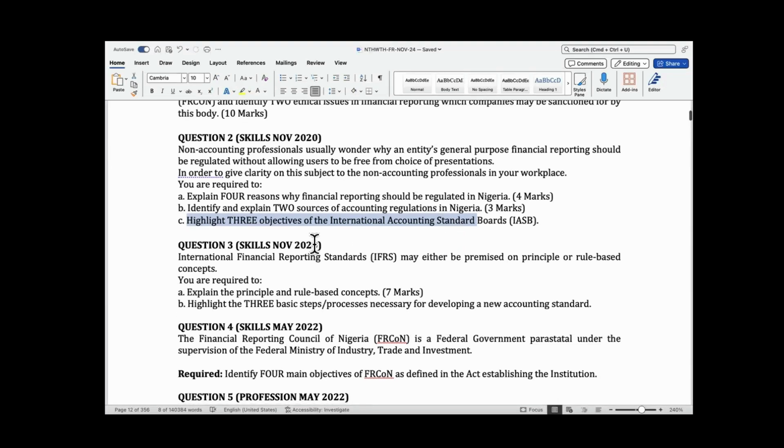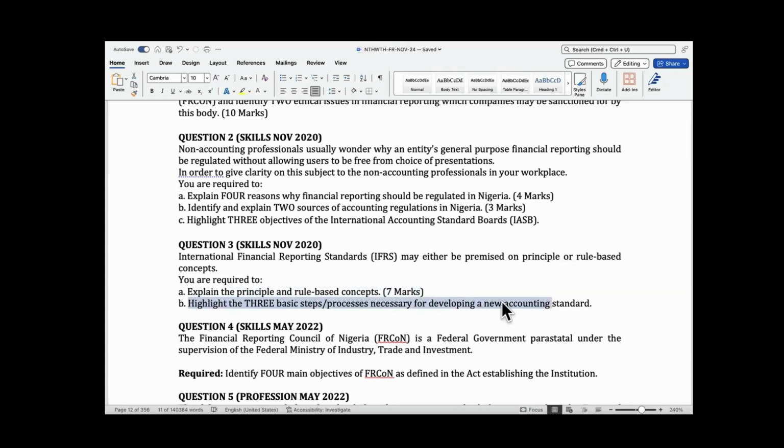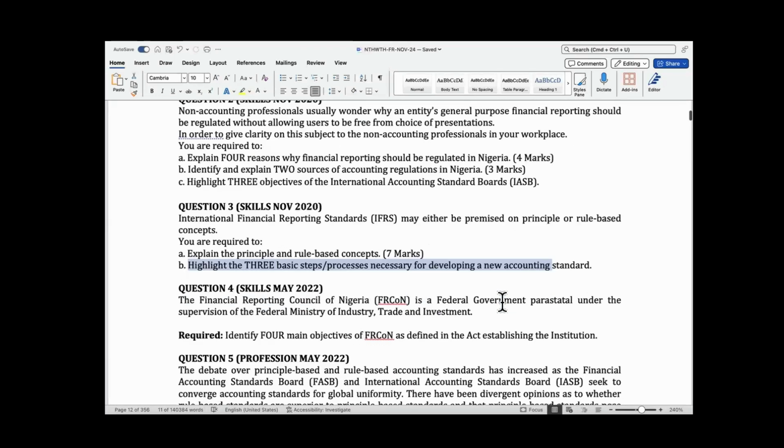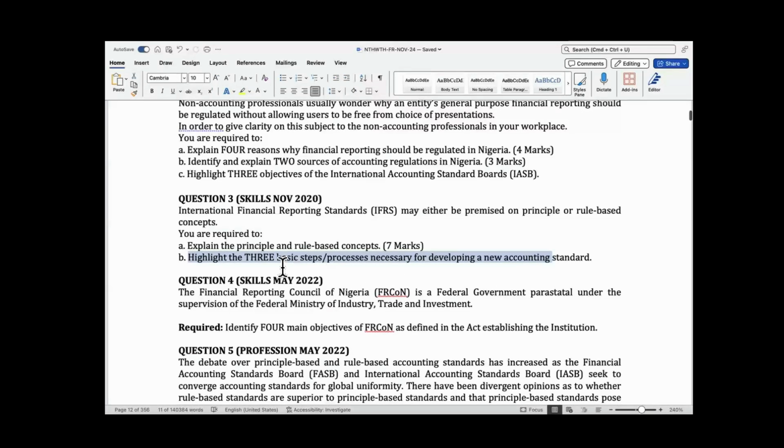So in 2020 also, they ask you to explain principle and rule-based, like I've taught you already. And also they say you should highlight 3 basic steps for developing accounting standards. Step 1, agenda consultation. Step 2, research program. Step 3, standard setting program. And I've seen in one other diet where they ask you that you should list 6 steps in